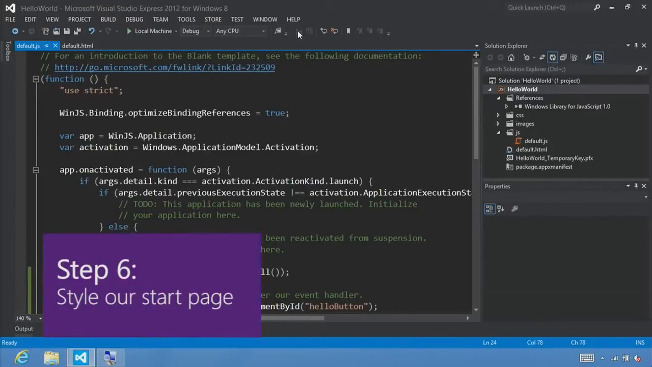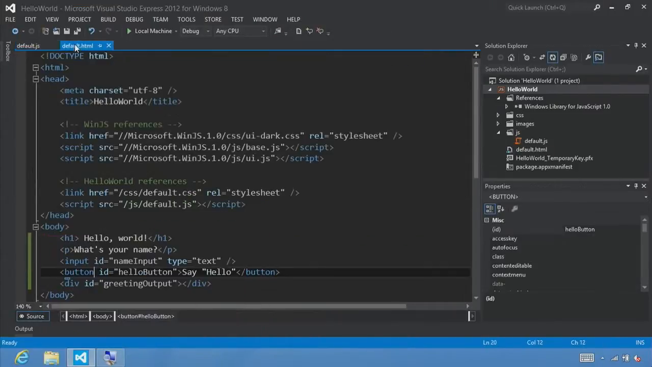Step 6, style your start page. Let's switch back to default.html and notice that we have a style sheet, ui-dark.css, declared in the WinJS reference. This is a Windows Library for JavaScript style sheet, and it includes a set of styles that automatically give our app the Windows 8 look and feel. And by using this style sheet, you get a number of benefits, including being able to work great with touch displays, automatic support for high contrast modes, automatic support for other languages, and automatic support for other reading orders, like